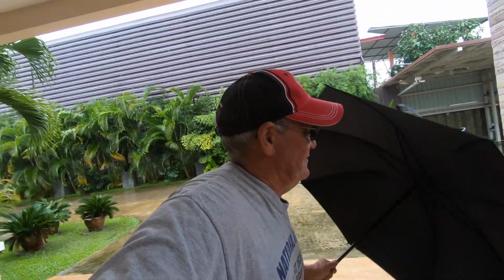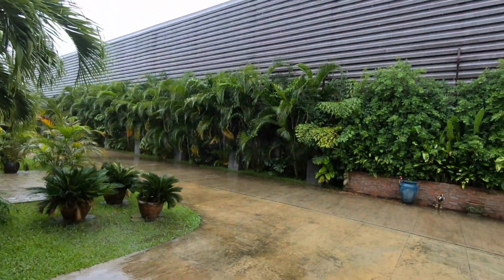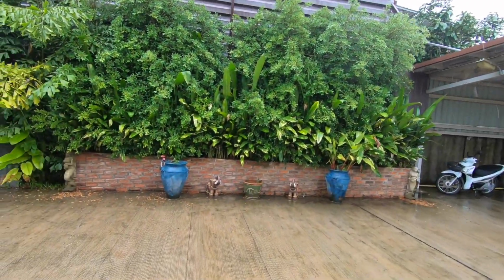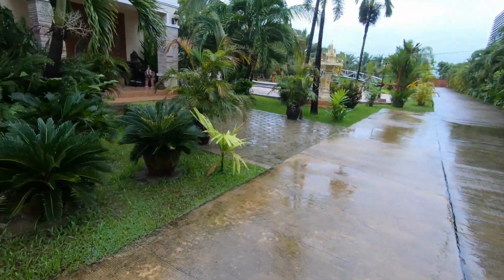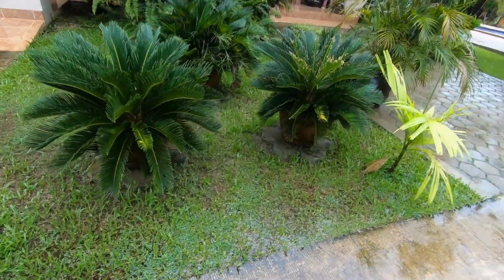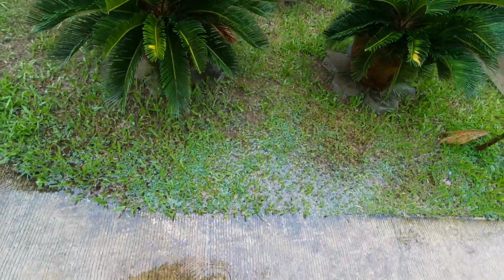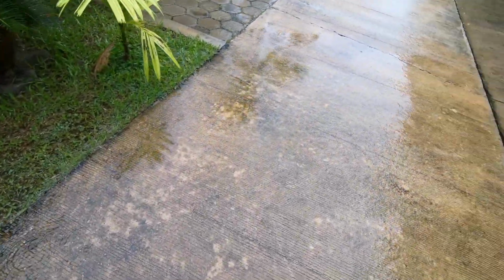So right now it's raining. So let's take an umbrella and walk around the property and take a look to see what all it's doing and how our property is handling it. If you look right here in the front yard, yeah, there's a little water on it, but it runs over here into the driveway,